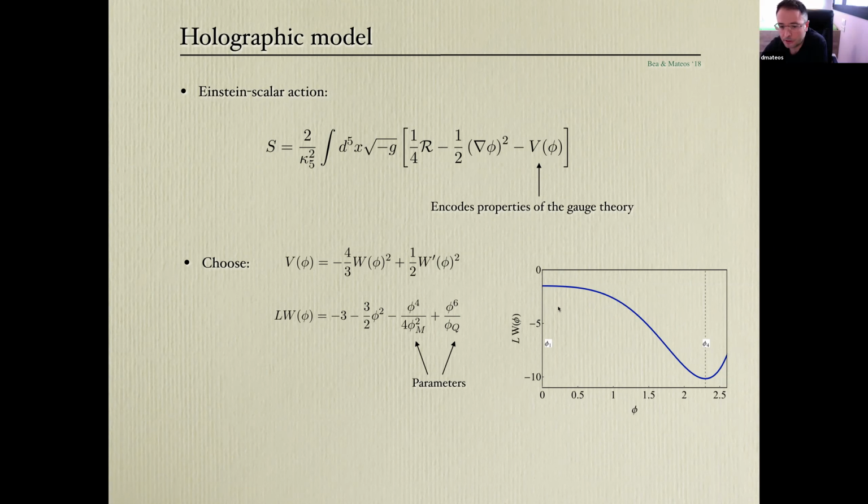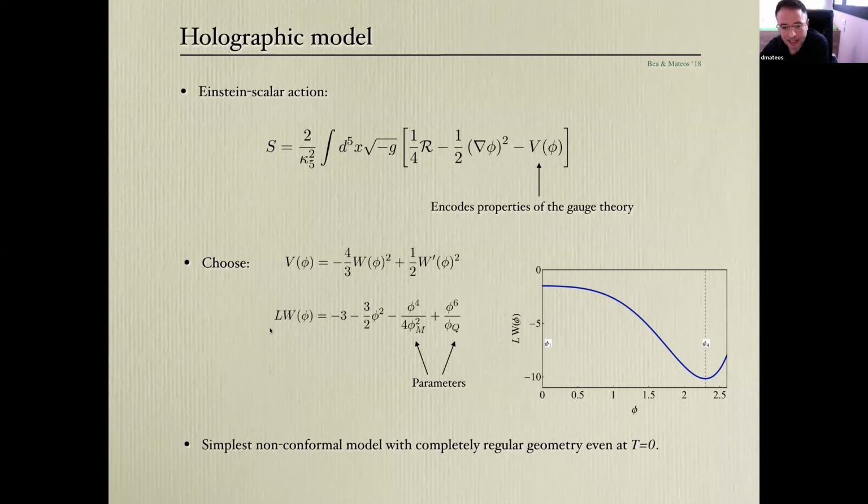This is a picture of this superpotential. It has a maximum here and a minimum here. And like I said, the choice for this potential, which Iago and myself introduced some time ago, is simply that this is the simplest model I know that describes a gauge theory that is non-conformal, and such that the gravity solutions, dual to thermal states in that gauge theory, are regular and remain regular. So they are regular at all temperatures and remain regular even in the limit T going to 0. This is just a desirable feature. It's not indispensable, but it's something that's nice to impose, and this is a simple potential that realizes that.